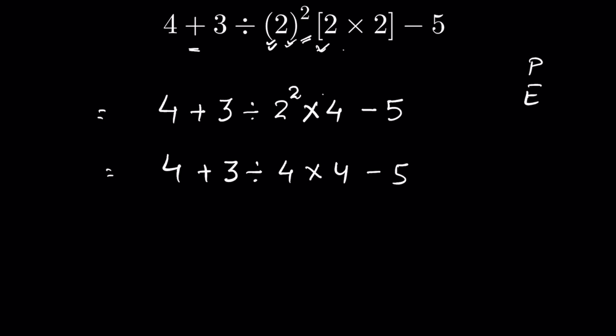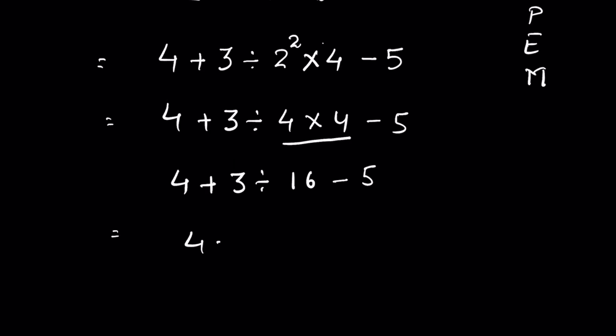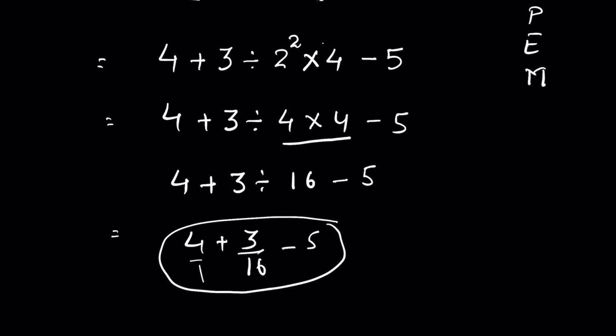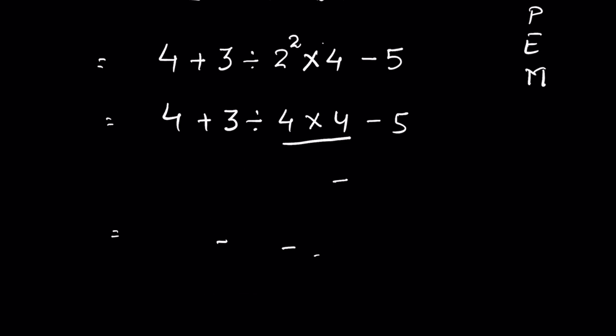After parenthesis and exponent, we have multiplication. Now if you do multiplication first and you don't follow the left to right rule, then what will be the answer? It will be 4 plus 3 divided by 4 times 4 is 16, minus 5, then 4 plus 3 upon 16, then minus 5. So kind of addition and subtraction of fractions, but we can't do it like this, because for multiplication, division we have to see